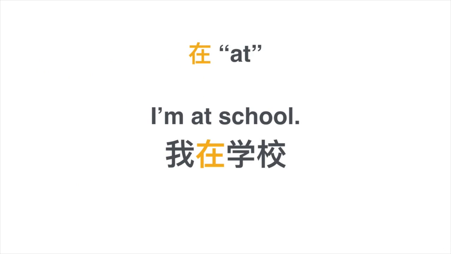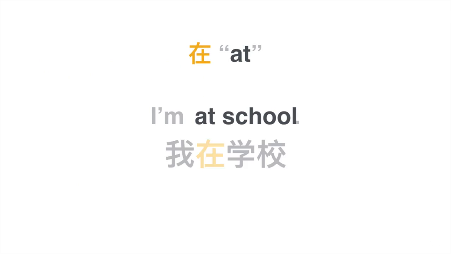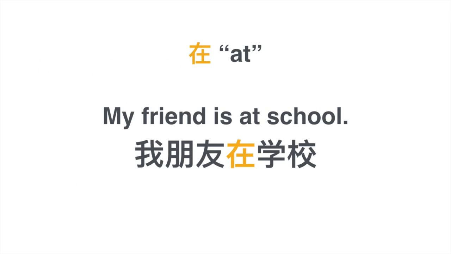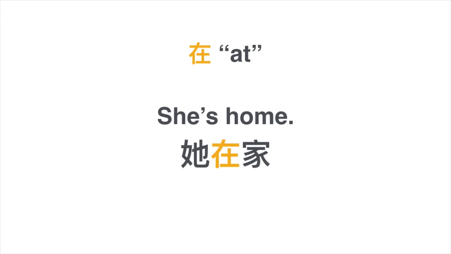Simply put, to express locations, we use the word 在, meaning at. For example, I'm at school. 我在学校. My friend is at school. 我朋友在学校. She's home. 她在家. Even though in English we don't say she's at home, but we still have to use